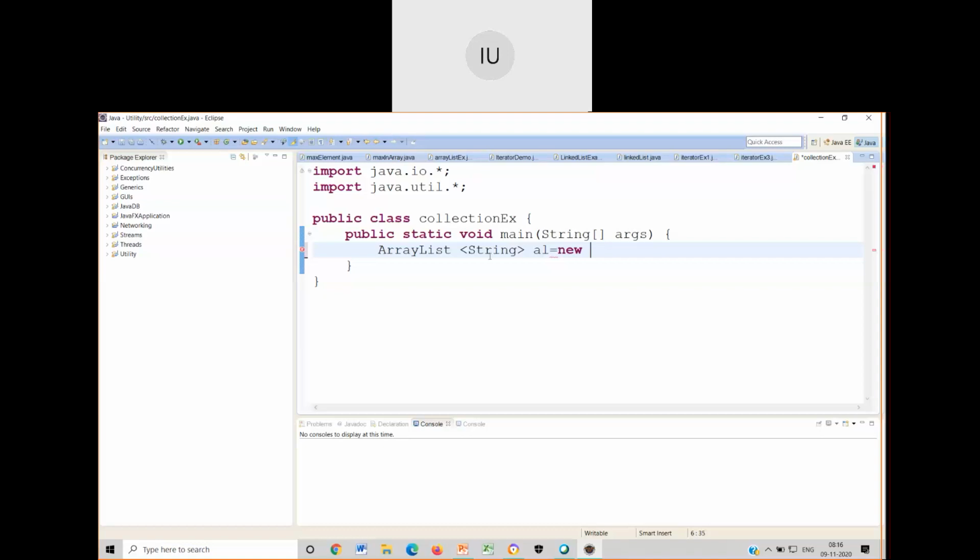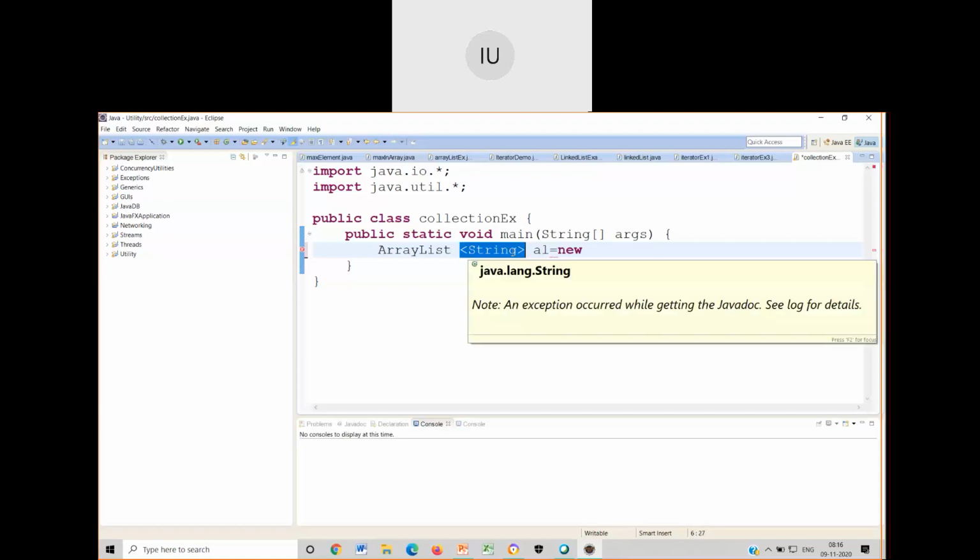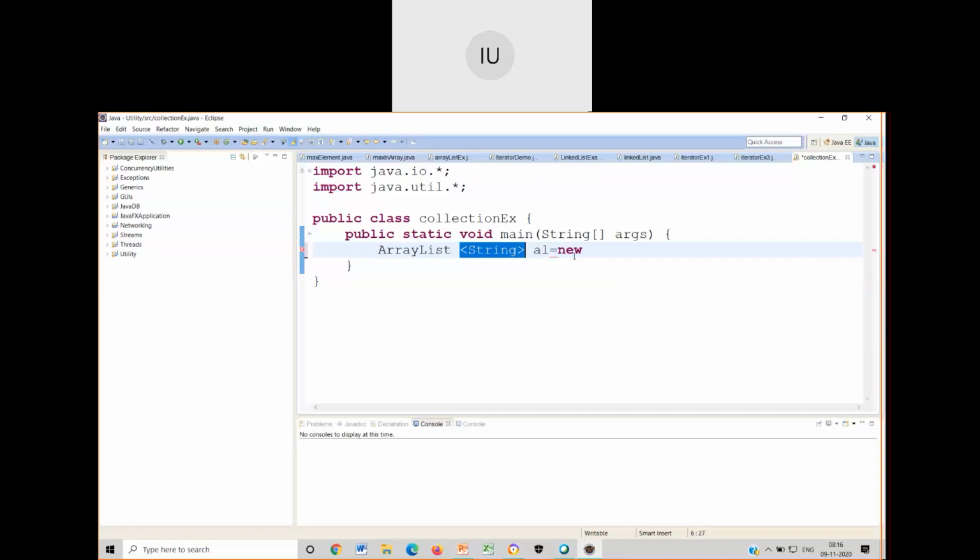If I mention it like this in the angular brackets, this is the application of generics, guys. If I mention it in the declaration itself, then I can be type safe. Only with that intention this thing is created.